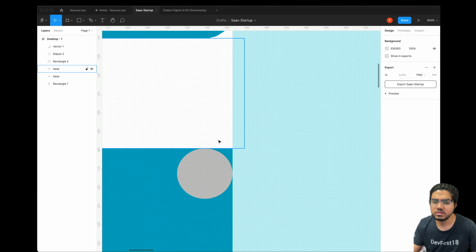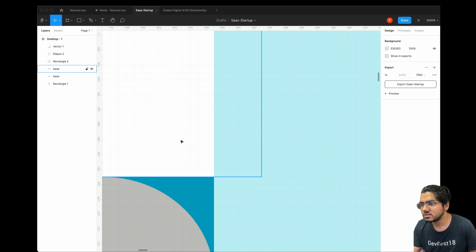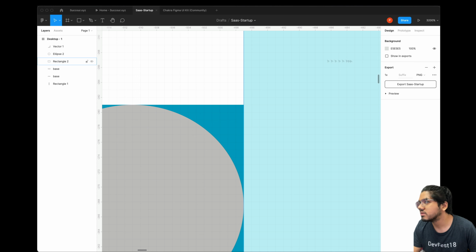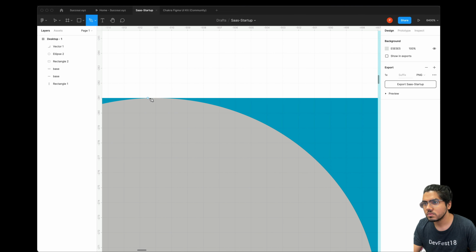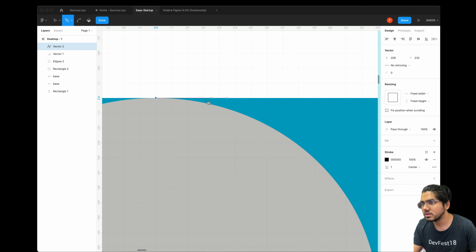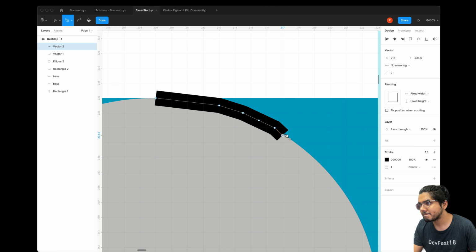You can define it the way you want. I'm just using the fastest way, the way I can teach you how to make this. Let's take the pen tool again and start making the circle we require. As you can see, if we are taking half the block, it's even smoother.